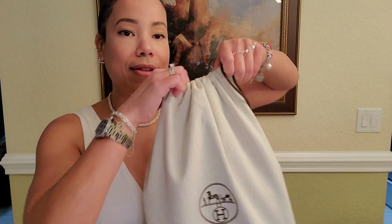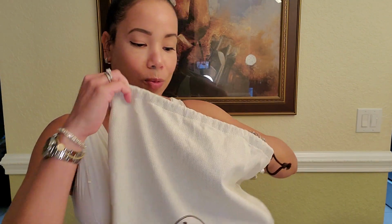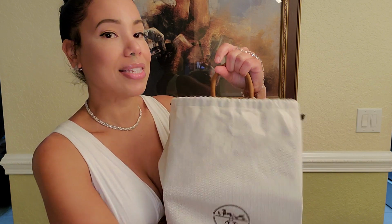And I haven't actually looked at the care booklet in any of my items, but I do a pretty good job taking care of all of my handbags. They're all treated very well. So we'll go ahead and get to the good stuff. Okay, now what I got for my birthday is this gorgeous